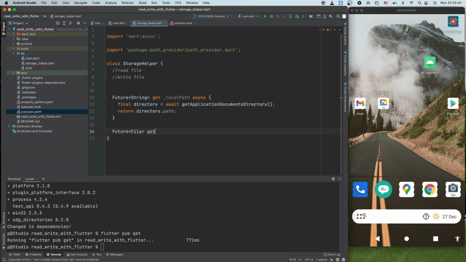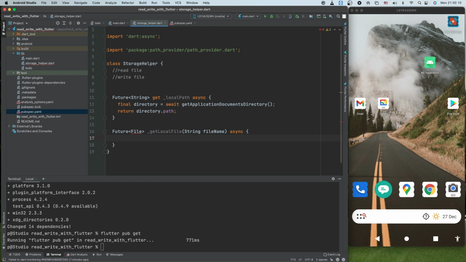We'll say getLocalFile. Because we are reading a file and writing a file, we need to give a name to this file, so we'll provide a file name, and it is again an async kind of method.